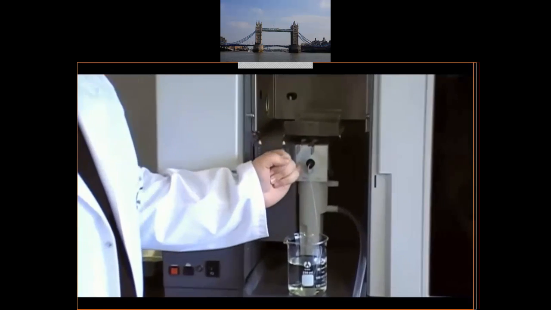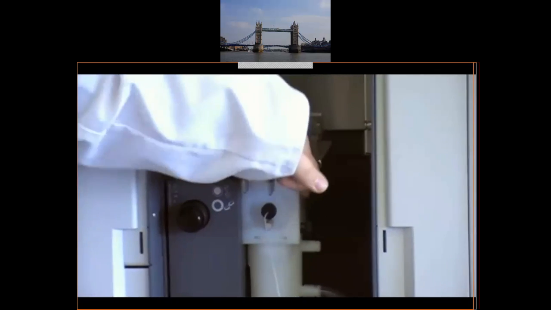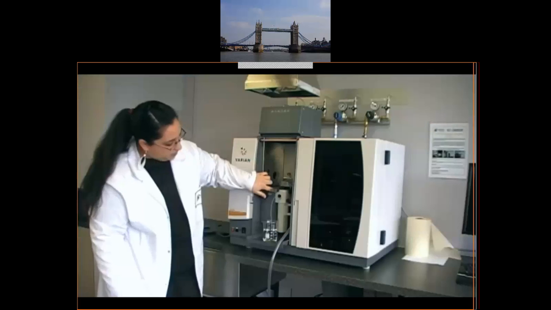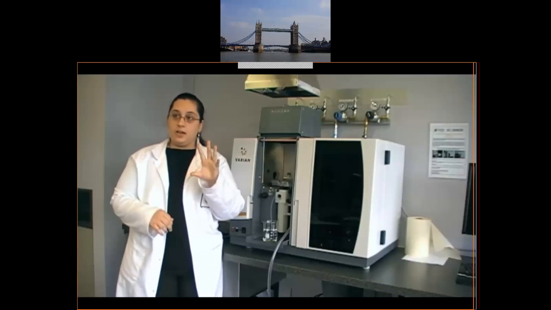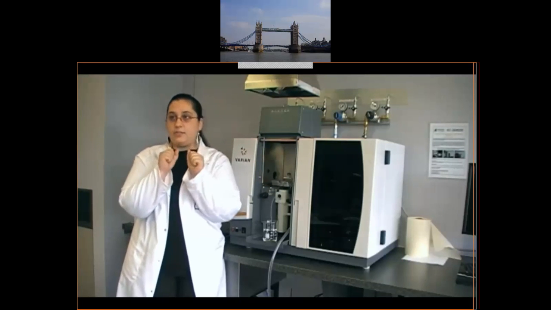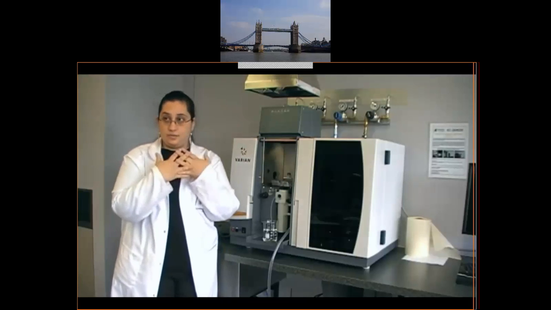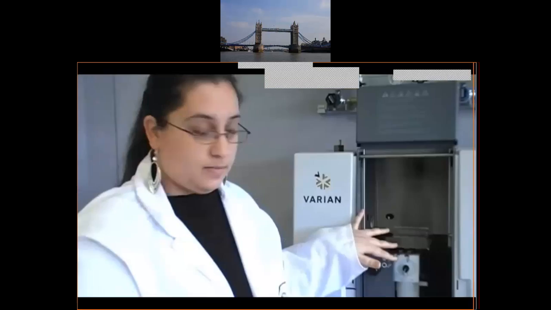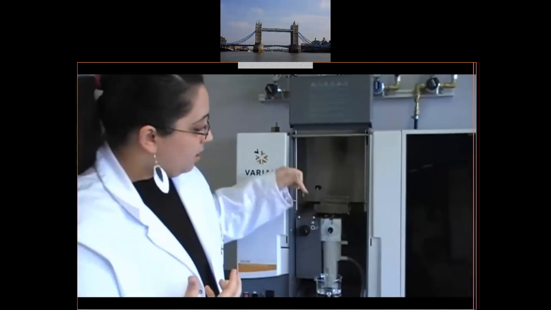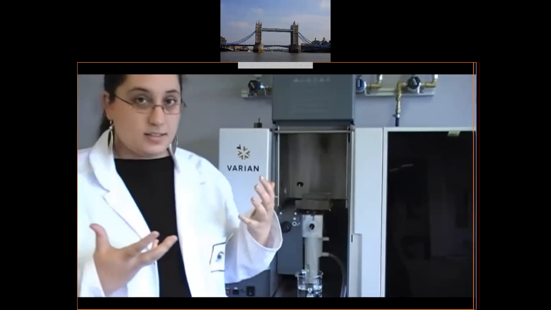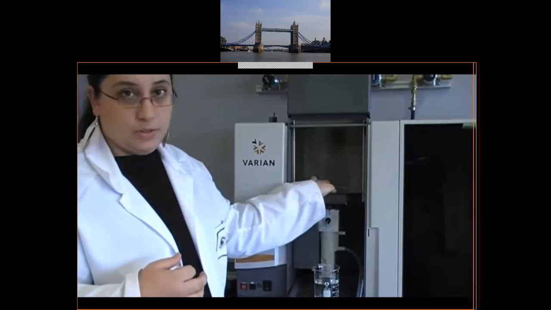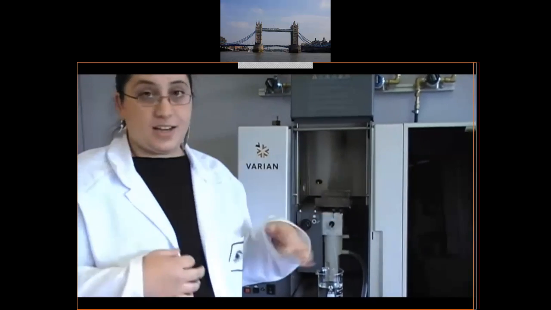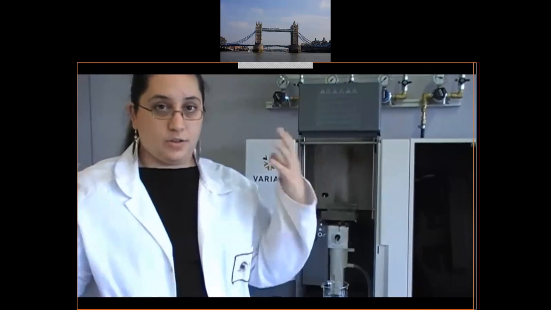So sample is drawn into the capillary tube and this white section here is called the nebulizer. And this is where the sample that's already in a mist becomes an even finer mist, a very, very fine spray of droplets of your solution containing the sample metals. Those droplets created by the nebulizer are moved using carrier gases into this burner slot, which is where the flame is. So the gases have 2 roles. Their first role is to sweep your sample of droplets into the flame, and secondly, once they're in the flame, to act as a